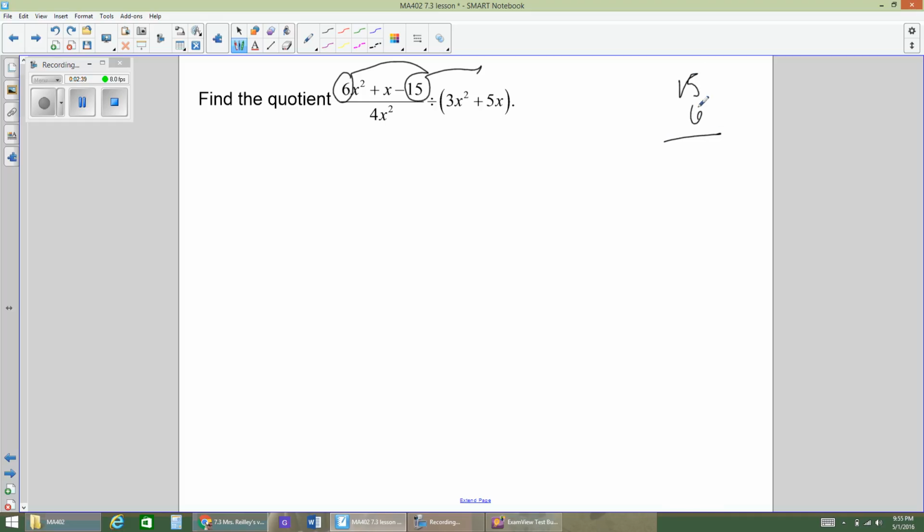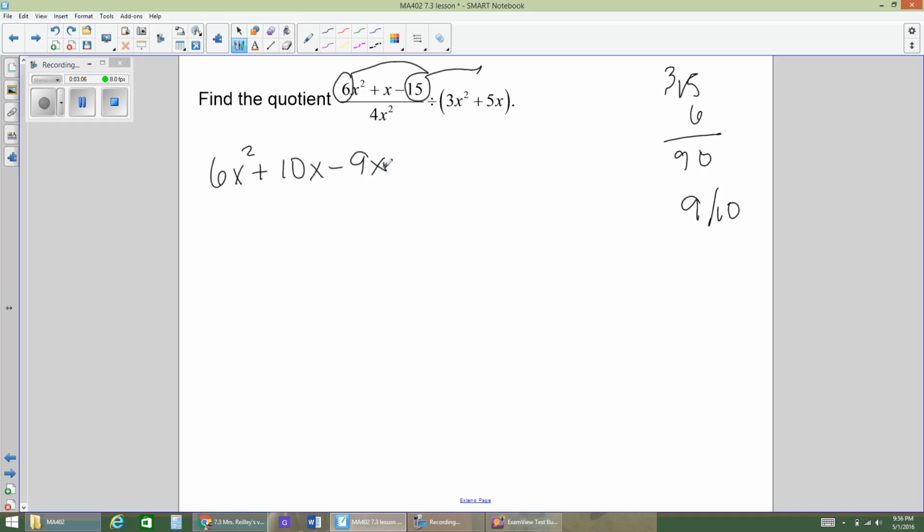And I don't have a calculator in front of me, so I'm just going to do this here. Oh, obviously it's 90. I should have known that. Okay, so what multiplies to make 90 and adds to make 1? Oh, a 9 and a 10? Great, that's easy. Okay, so this is 6x squared plus 10x